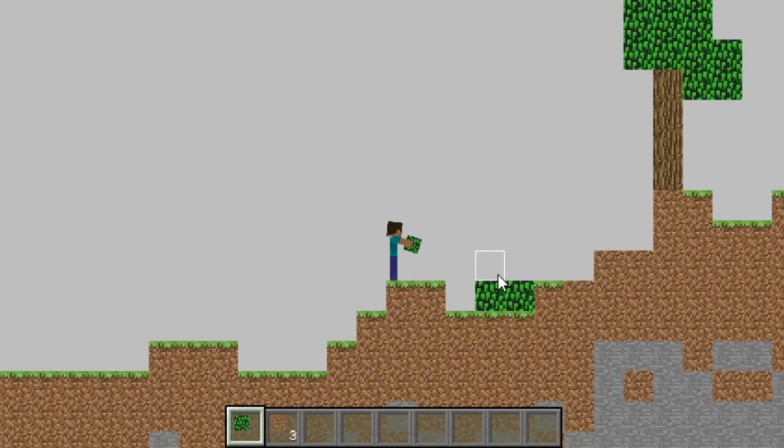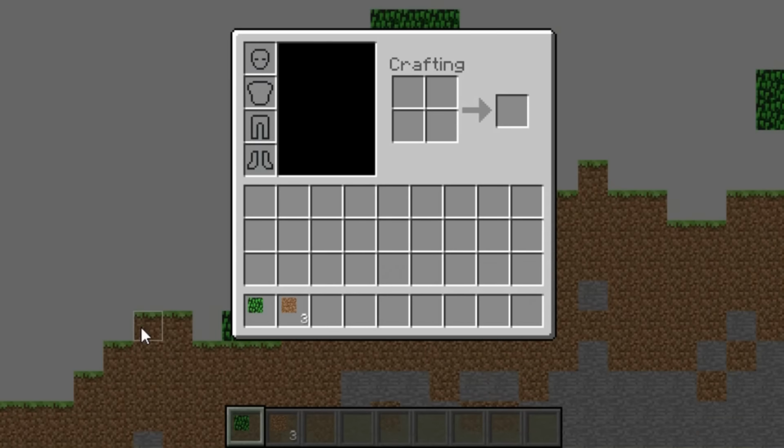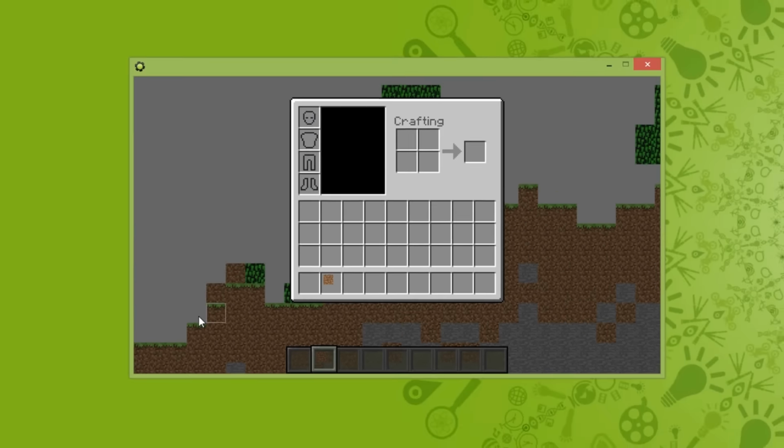So, one little bug, and that is this. For when I press the right button, I can